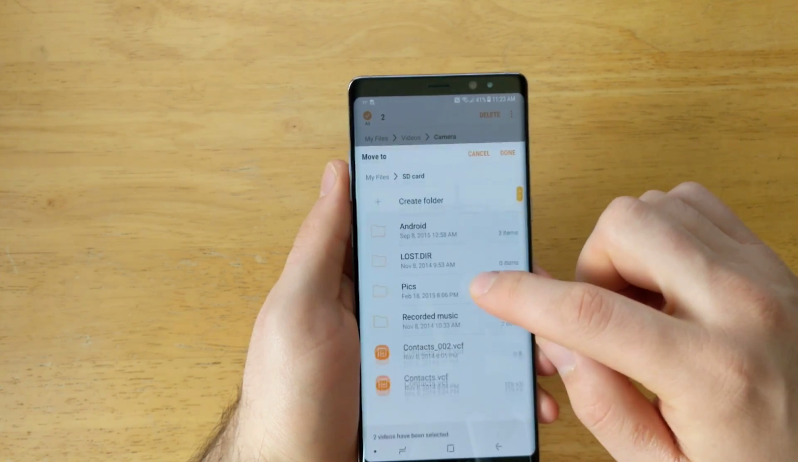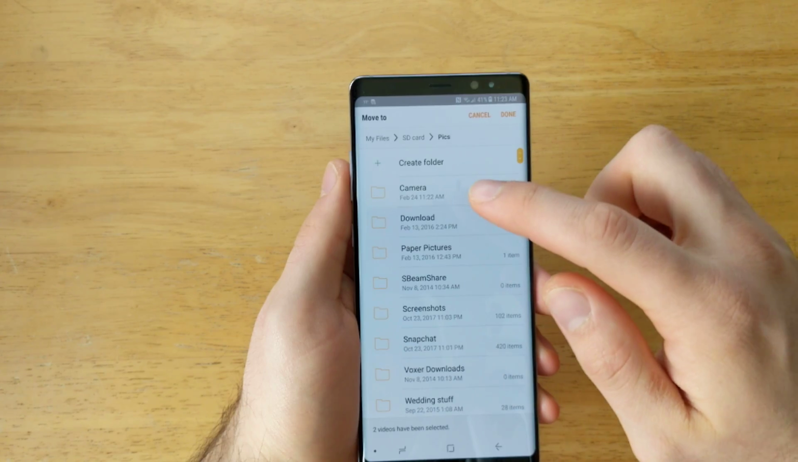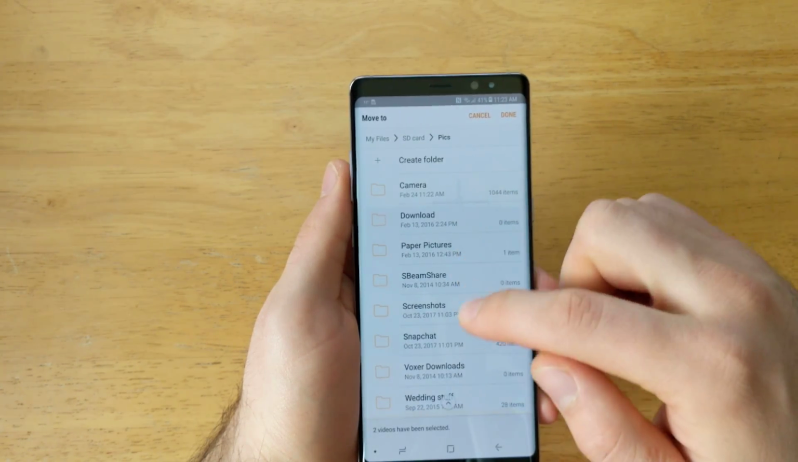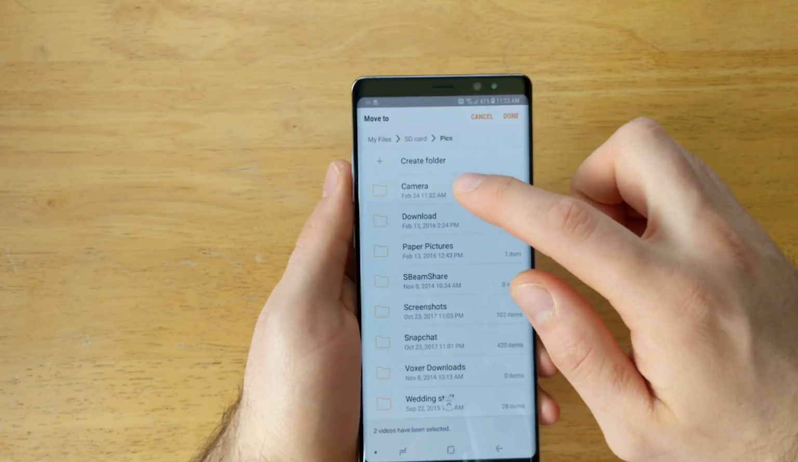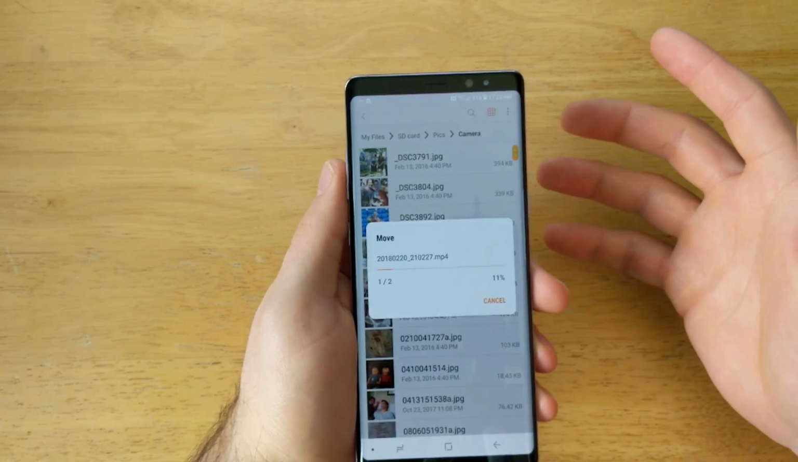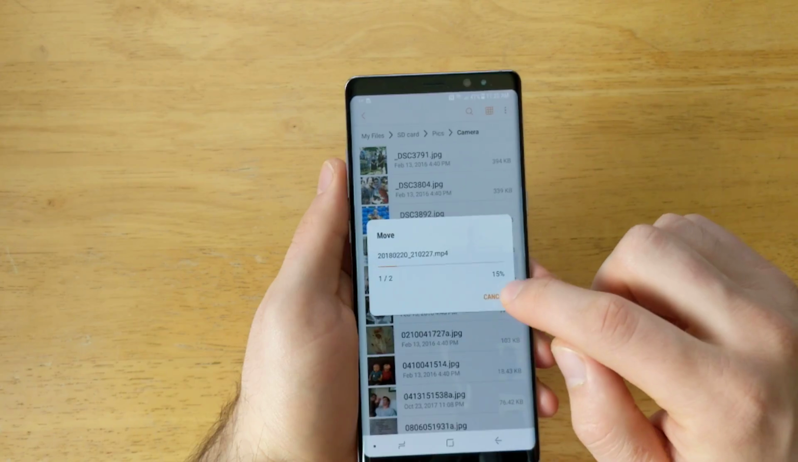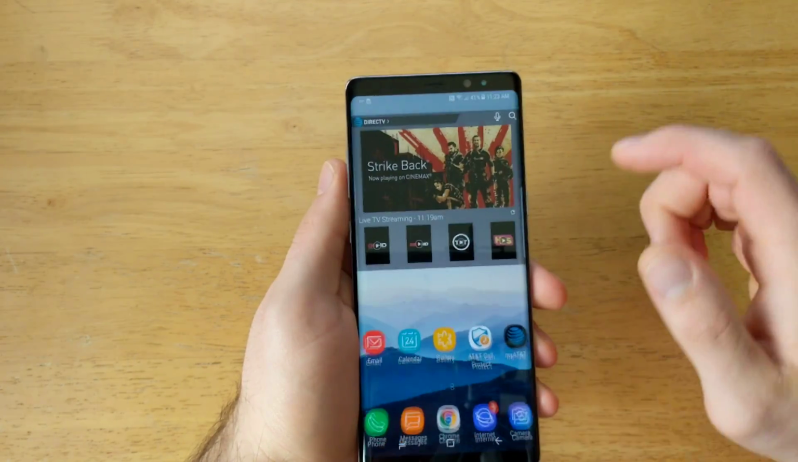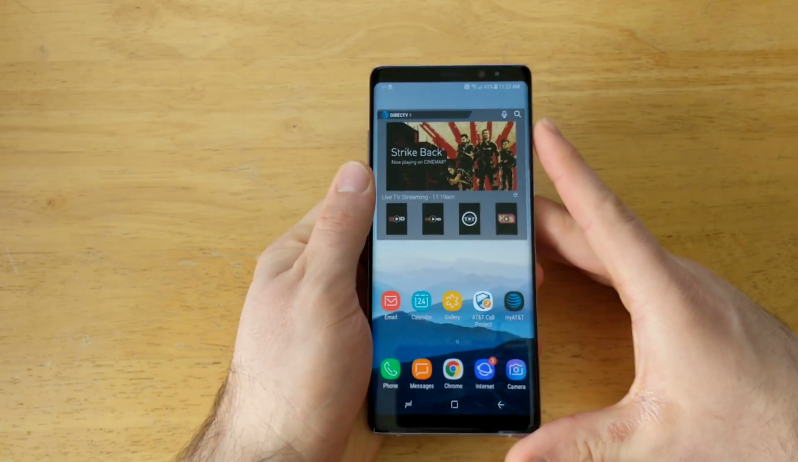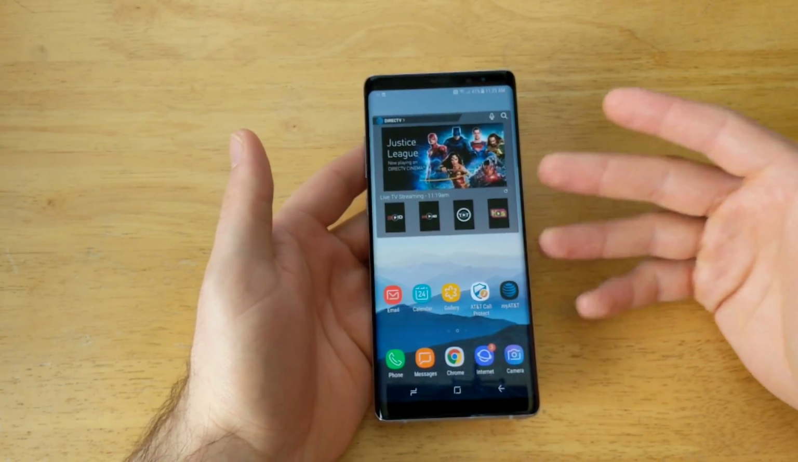And it's going to ask you where you want to move them. Once again, we go into pics. And then from here, camera, downloads, Snapchat, a bunch of different things. Once again, I'm just going to drop them off in camera, and I'm going to select done. It's going to take a little while to move them over, and then that is how to move them. I don't want these moved, so I'm just going to go ahead and hit cancel. So that is how to move and transfer your photos and your videos from your Galaxy Note 8 over to